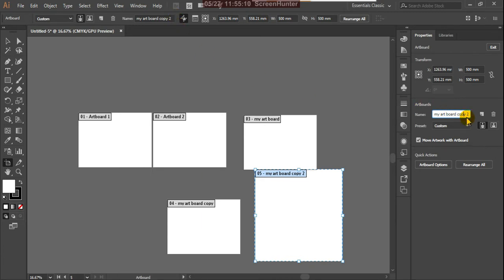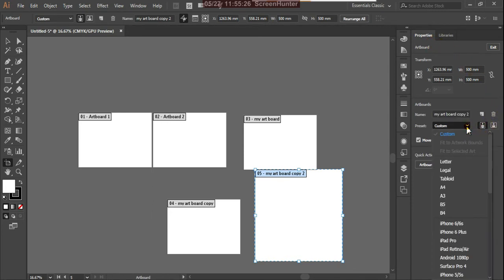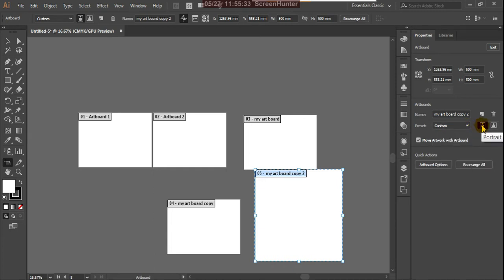So here also you can give the name, and here a new artboard you can create by pressing here, and you can delete also, the same thing here. Okay, the control panel, the options are given as in properties. And here the options: custom and letter and legal, tabloid, A4, the options are there. And again the orientation, portrait or horizontal, so you can use this.